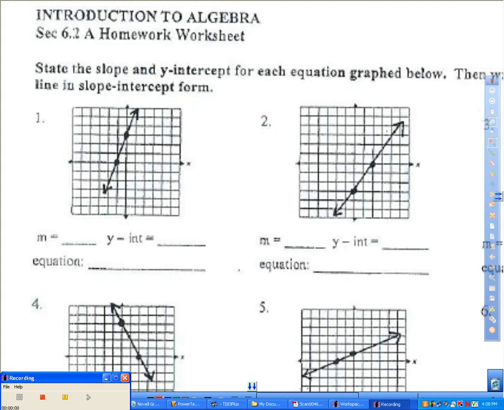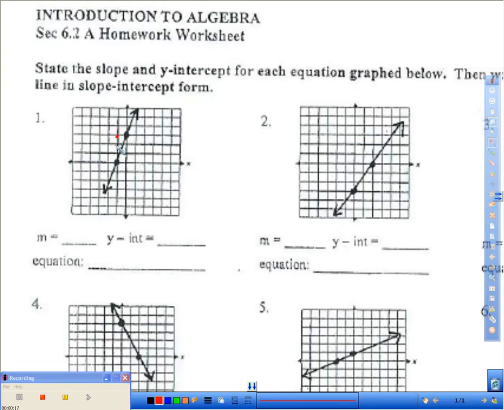The homework for tonight is worksheet 6.2. The first section says to state the slope and y-intercept, and then we're going to write the equation of the line that's shown on the graph. So to find the slope, if we're given a graph, what we said is